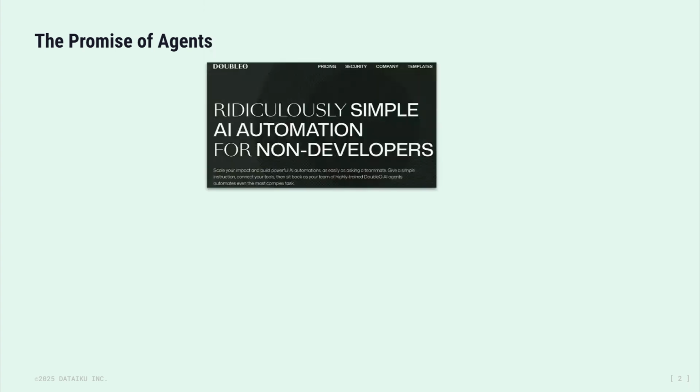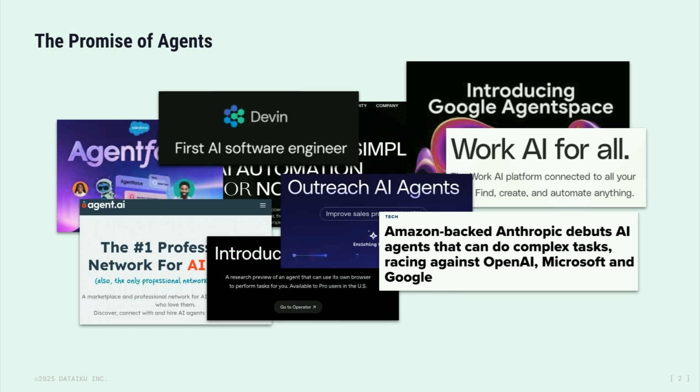So first, we can discuss the promise of agents. As you all know by now, there is a lot of talk about AI agents in the market today, all the way from custom-built agents using frameworks like LangChain and Llama Index, all the way through to pre-built, off-the-shelf agents that vendors promise can do everything for you autonomously.